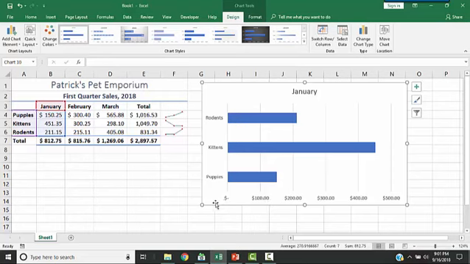So we have the sales on the horizontal axis, the categories on the vertical axis, and I want to change the heading here so that it says January sales. That is a simple bar chart. I'm going to delete that now,